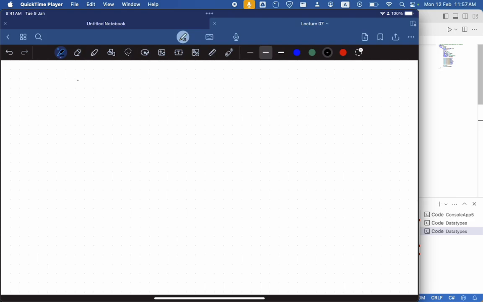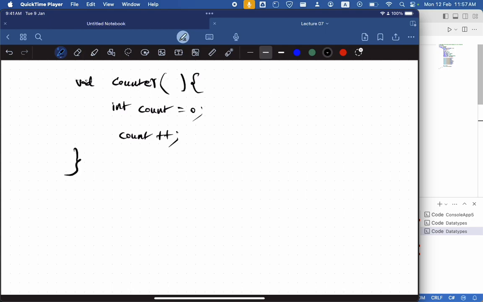Suppose I have some function, say counter, and this just has some variable called count equal to 0, and then all I will do is count plus plus. The number of times this function is called, it will increment the count. That should be the idea, but